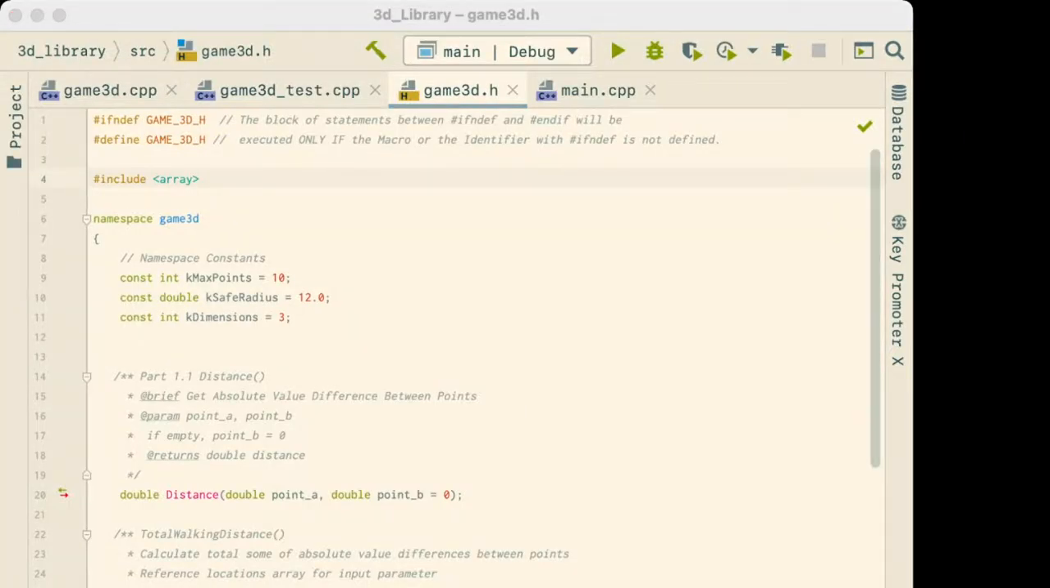Okay, this is Kyle Walker. I'm just doing my Game 3D assignment. So I'm starting in the header file,